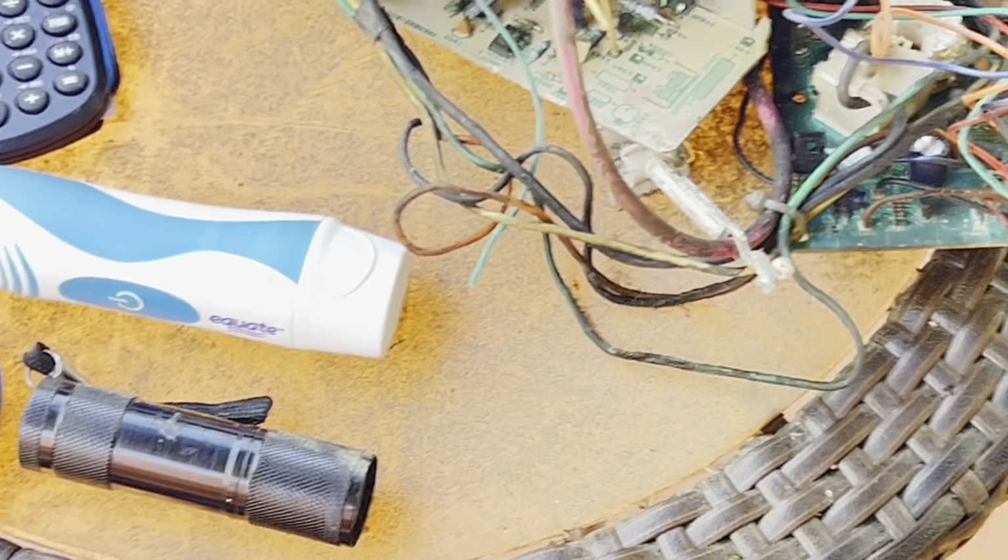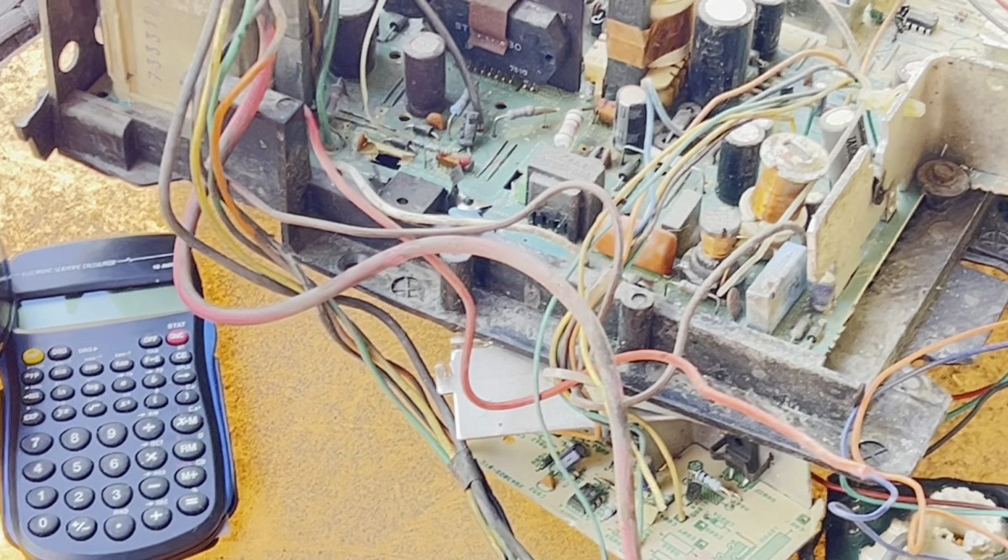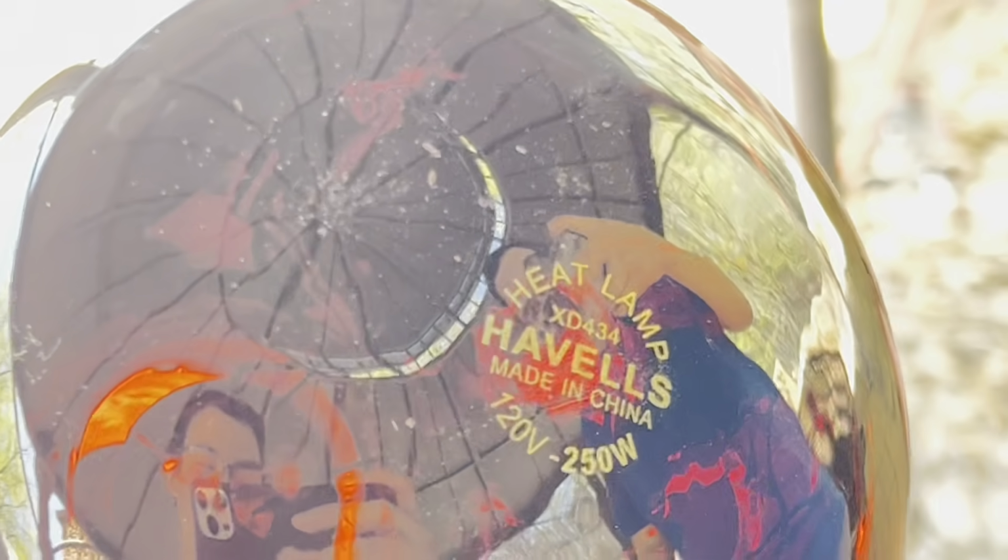Anyway, what do you want to start off with next? Let's see. Since that one just melted, what about the heat lamp? I mean, it's called a heat lamp, you know what I mean? That one I think is actually going to explode. I think that one's going to pop for sure. It doesn't really say what kind, I don't know if it contains mercury or not, but...